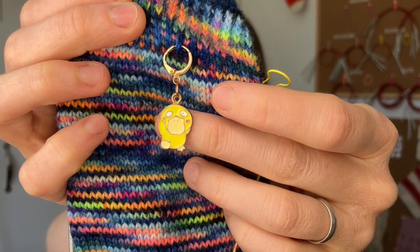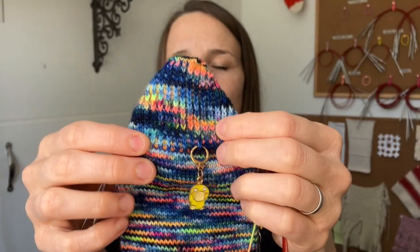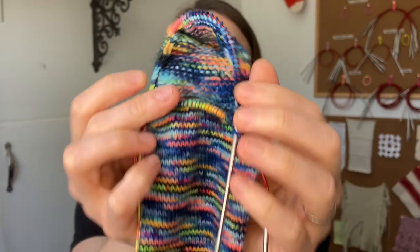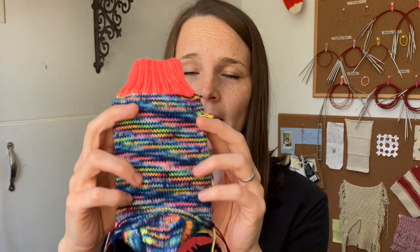And these are my January Hedgehog fiber socks. So last week, there's my little side duck right there. Last week I had just started the heel flap, and I have finished the heel flap turn, and I have done 1 row on the gusset. So that was more than I planned to do, because I was thinking that I would just set this aside for the week and really focus on my other 3 knitting projects, but I did find some time to work on this. This yarn is by Hedgehog Fibers in the colorway